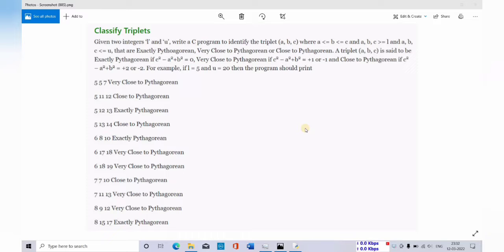The question provides two numbers, L and U, and you have to find three numbers A, B, C such that A is less than or equal to B, and B is less than or equal to C. Moreover, A, B, and C should be greater than L and less than or equal to U. Then you have to check whether c square minus a square plus b square